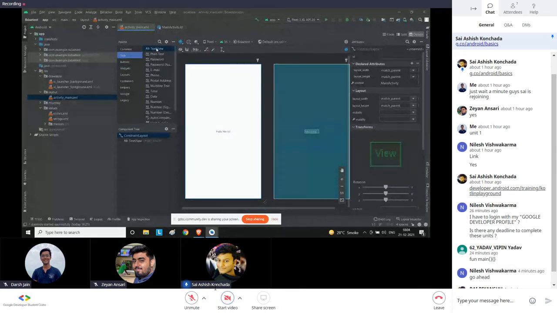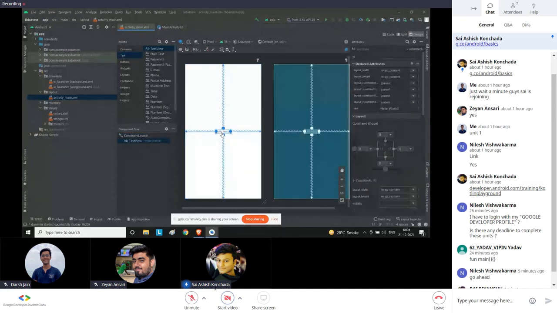Just to get familiarized with the names, what is a view? A view is basically all the components like text, button, widget. These are all the components that we have in an app. That is called a view. And all these views have a relation with something. This is our screen, and it has a relation with each of the sides. Like it's in the center, right?